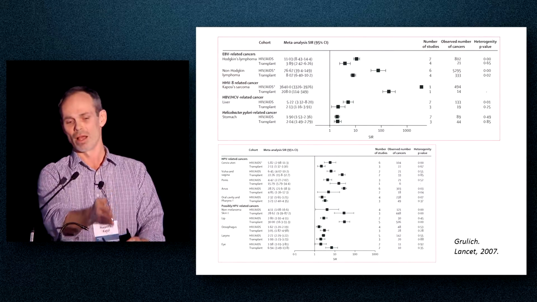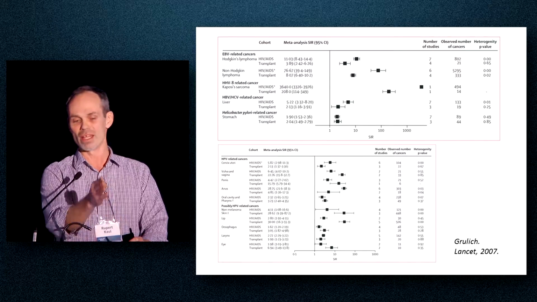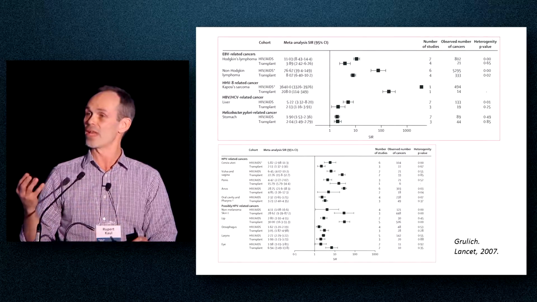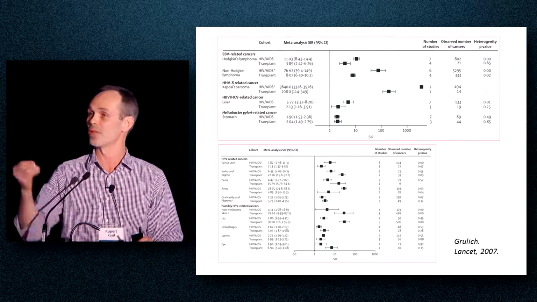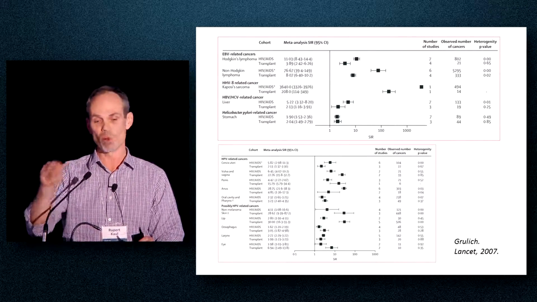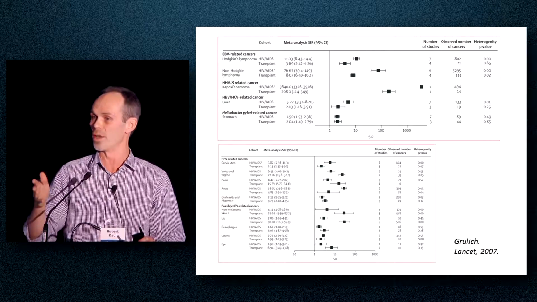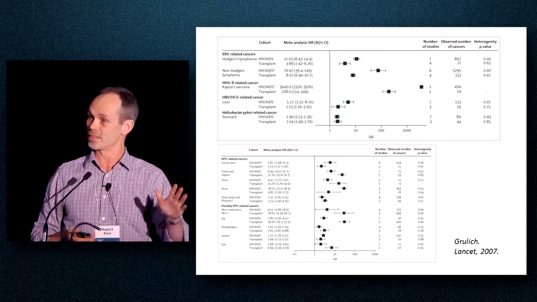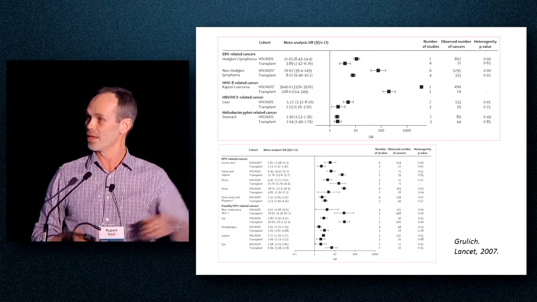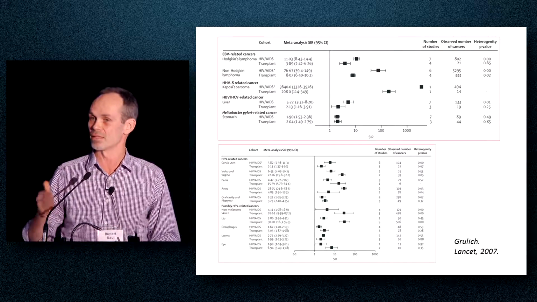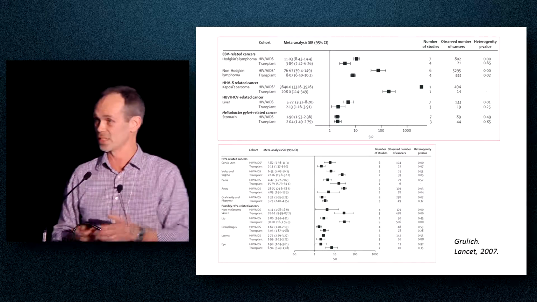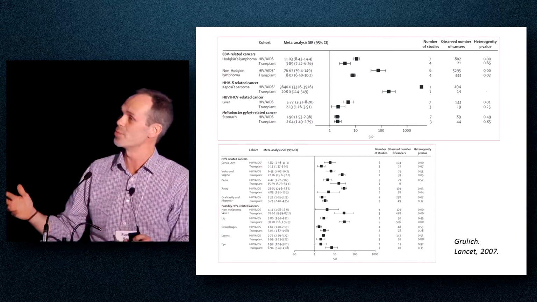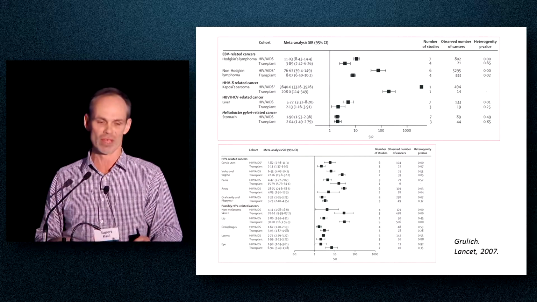What you see is, on both these charts, a line going down the middle at 1. If the rate of cancers was the same as the general population and somebody living with HIV or transplants, the boxes would be on that line, on the 1. If you were protected against cancer, it would be to the left of that line. And if you have a higher risk of cancer, those boxes would be to the right of the line. And what you see, obviously, is that many of those boxes are over to the right of the line, both in people living with transplants and people living with HIV.